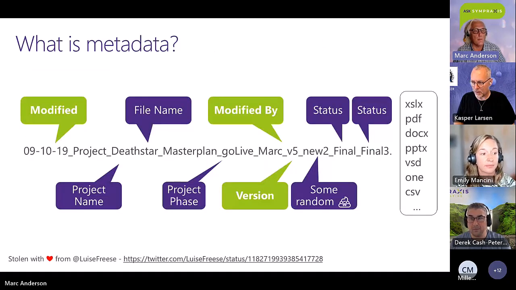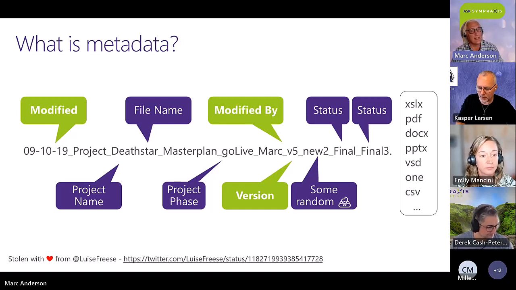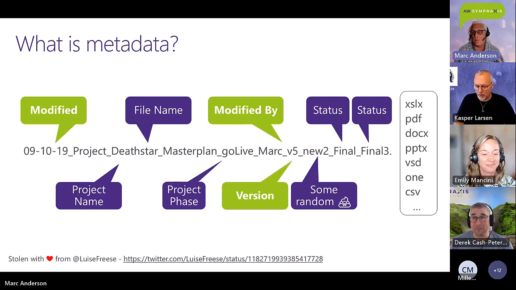One of the things that people always say is, well, I hate metadata. I don't want to put in metadata. Metadata is stupid. And then you see file names like this. And we've all seen them. They all are loaded with metadata. You've got the modified date, you've got the project name, you've got the file name itself, you've got who modified it, how many times they've modified it, at least in theory, except that then you've got some other random whatever in there that means something to somebody but isn't really all that clear. And then you have a status, but maybe the status isn't really right, so there's more status. So all of that is metadata. And when people have